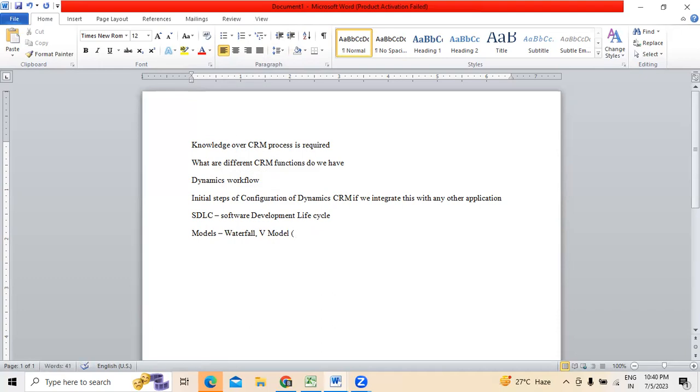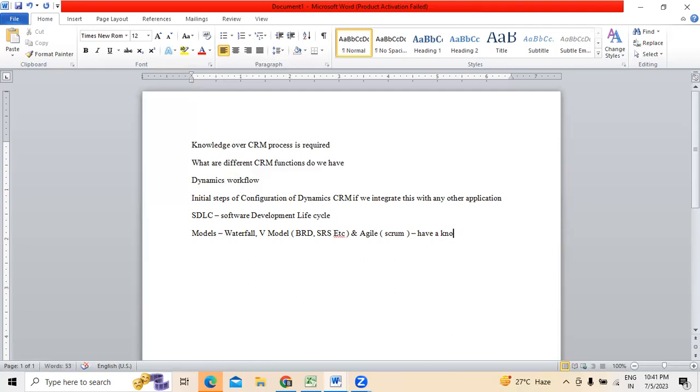Because whenever we are working on the waterfall model and V model, if we follow the traditional practices, as you know, we prepare BRD, SRS, etc. We prepare the business requirements document and software requirement specifications. So knowledge over BRD, SRS, all these things is needed whenever we are working on waterfall model and V model. At the same time, when we are working in an agile environment, mostly Scrum, that knowledge is required. So where we need to have a